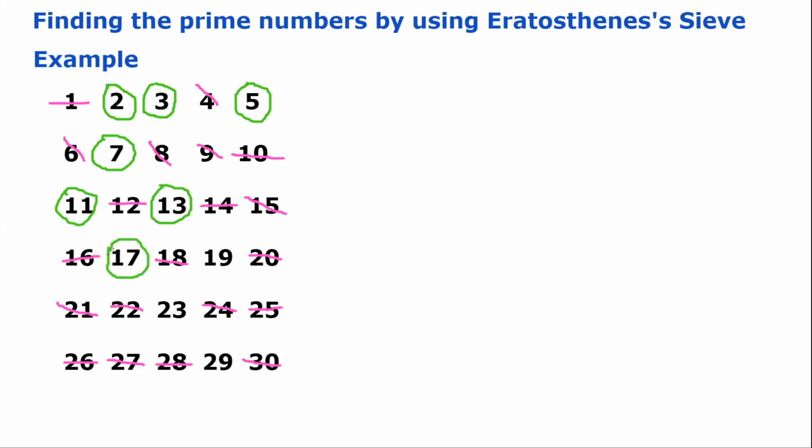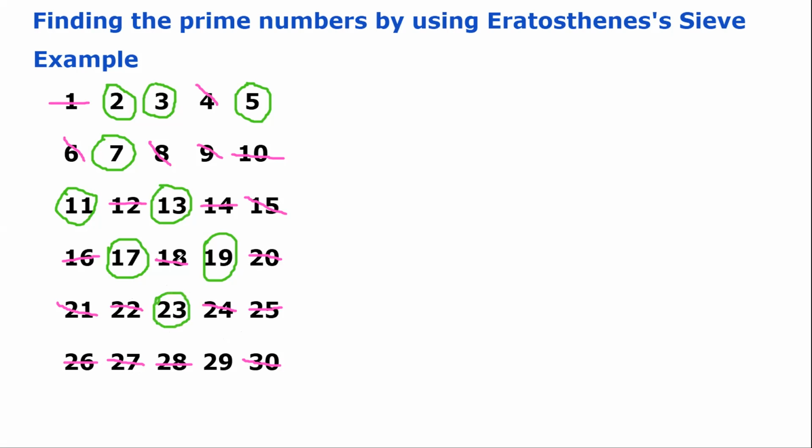Okay, good. Once you have circled 17, you cancel all the multiples of 17, and I hope all the multiples of 17 here have been cancelled. Okay, then you circle the next number that is not cancelled, and that is what? 19. And then you cancel all the multiples of 19, and hopefully they have been cancelled here. And now here you circle the next number that is not cancelled. So the next number to 19 that is not cancelled here is 23, because 20 is the next number,